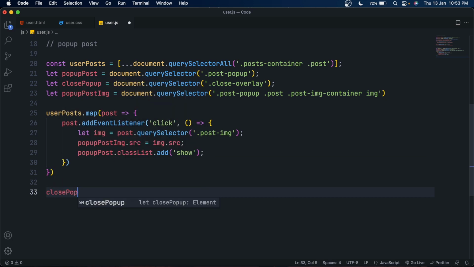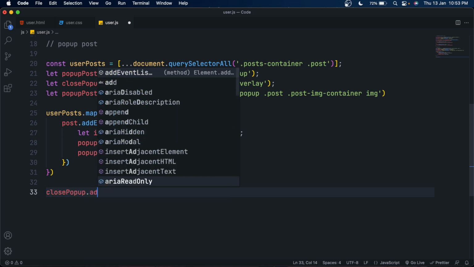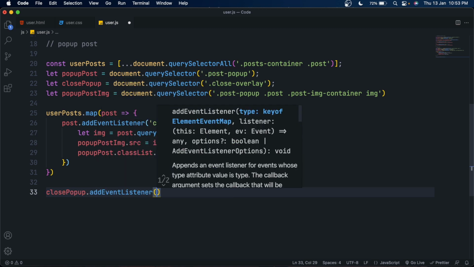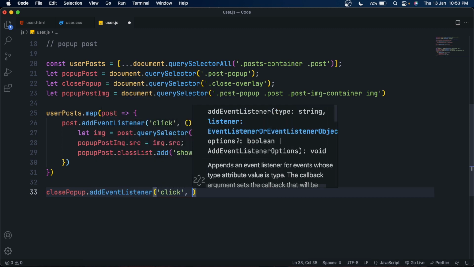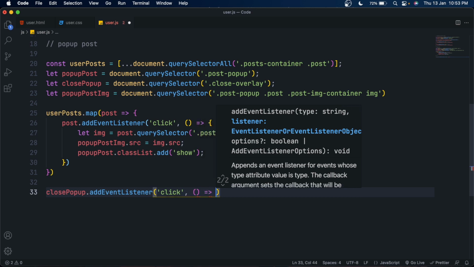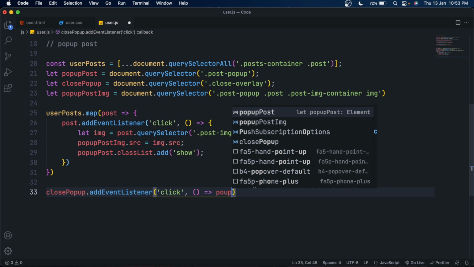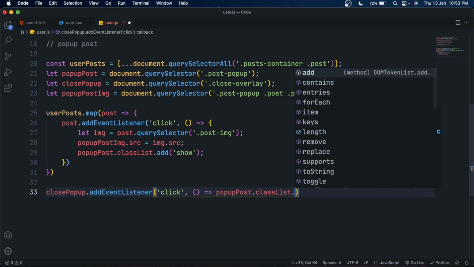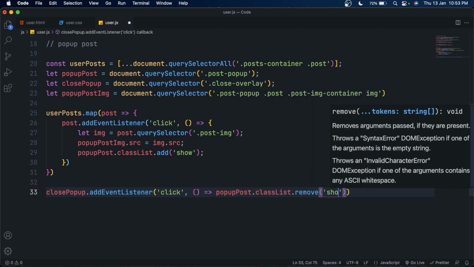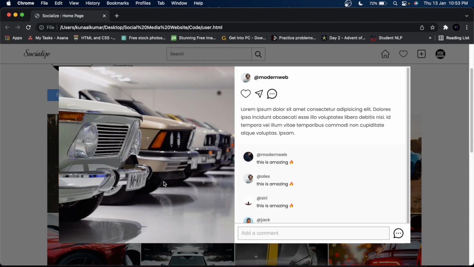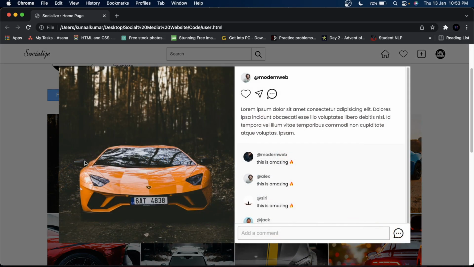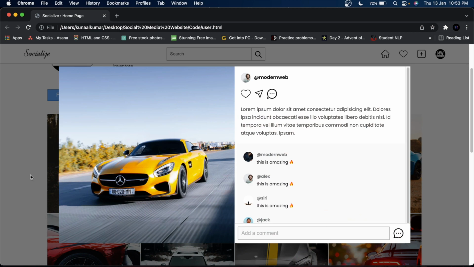Great. Now add the click event to the close pop-up button so we can close the pop-up. Inside it, just remove the show class from the pop-up post using classList.remove, and it will work. Yeah, it's working.